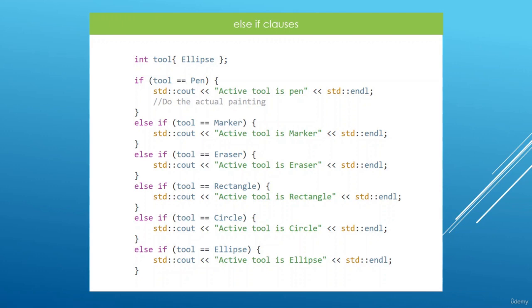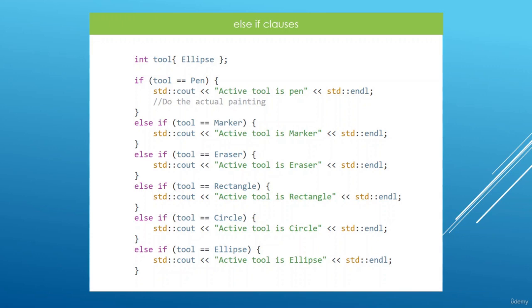And when we get to the moment where we want to do something, for example, when the user clicks with their mouse and they want to drag and start doing things, then we're going to test for the current tool. If the tool is the pen, we're going to use the settings for the pen. If the tool is the marker, we're going to use the settings of the marker. And we're going to keep doing this and select one tool that is actually selected as the current tool by